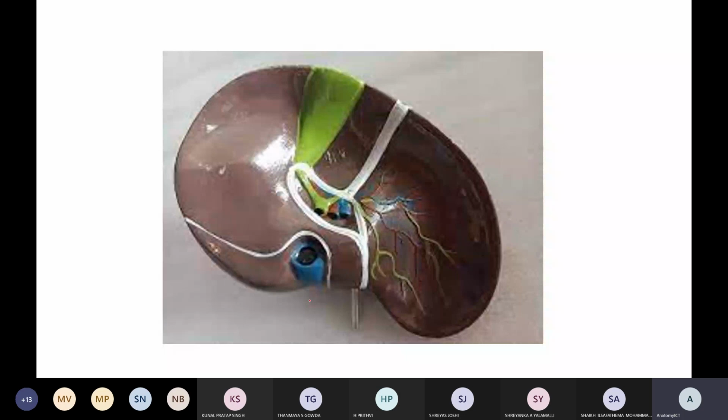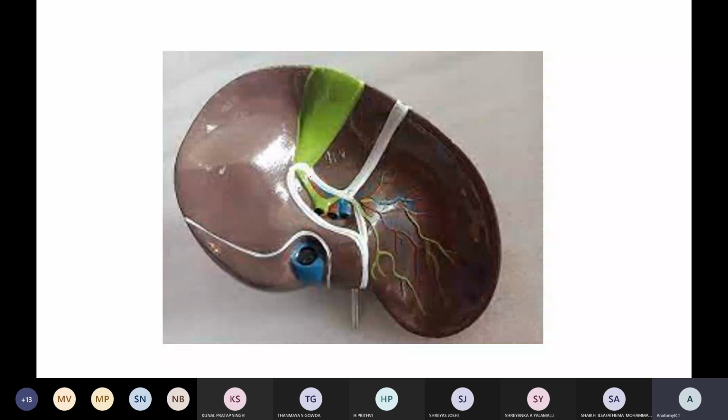Now, those particular bare areas: this is the inferior vena cava, right? When the inferior vena cava comes into the parenchyma of the liver, that area is not covered by the peritoneum of the liver. So that is the inferior vena cava bare area. And this is the gallbladder, lodged within the tissue of the liver. Hence this is also called the bare area for the gallbladder.